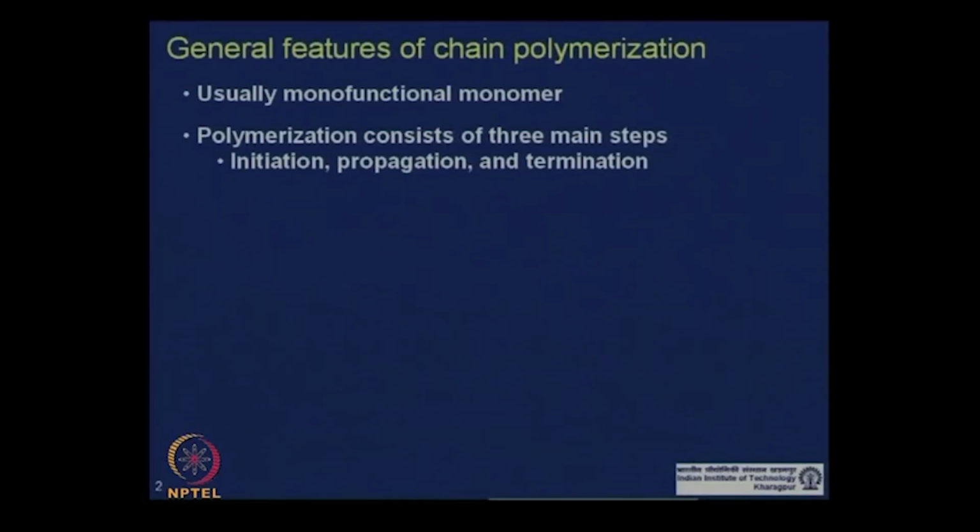We can do chain polymerization with more than one functional group as well, but then in that case, like the previous case of step polymerization, it will give cross linking in the polymerization, not a complete linear polymerization. So, if you have only one functional group, in this case a double bond, it is sufficient to give you a linear polymer. Now, chain polymerizations in general consist of three main steps: initiation, propagation and termination. In the initiation step,